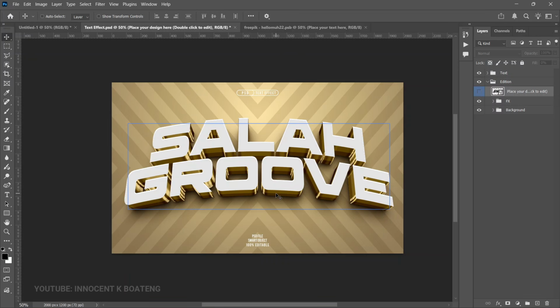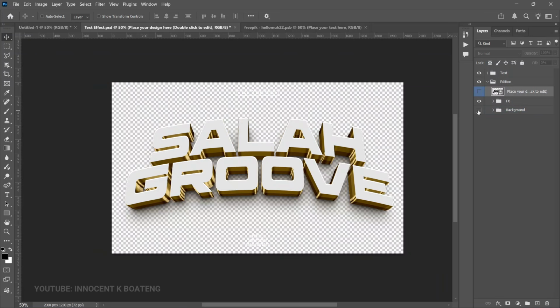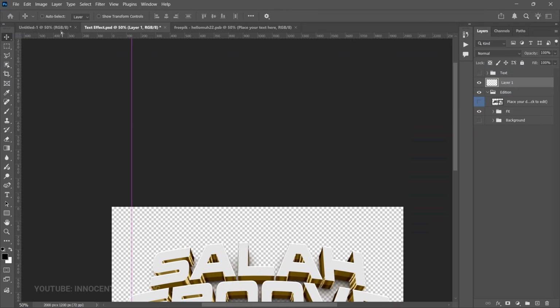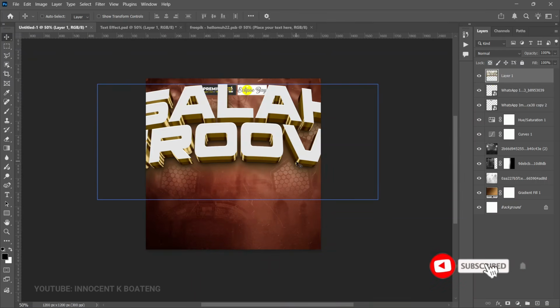Super nice, super beautiful. Now to take this as a PNG to the other documents that we are working on, we are first of all going to turn off the background. So we turn off this background, and then we turn off this text above it so that we have a plain background. But wait, you still have to put your cursor on this addition here. Press Ctrl Shift Alt and then E to create a separate layer or a grouped layer for you that you can move to your document. So now it's created for us. We'll use our move to drag it into our document, and then voila, we have a nice beautiful text effect